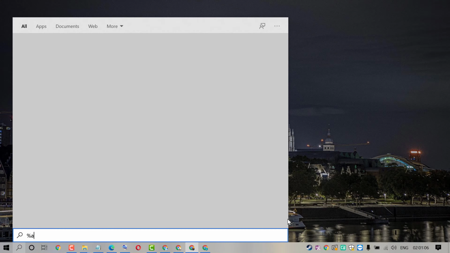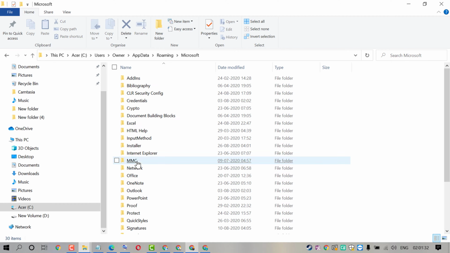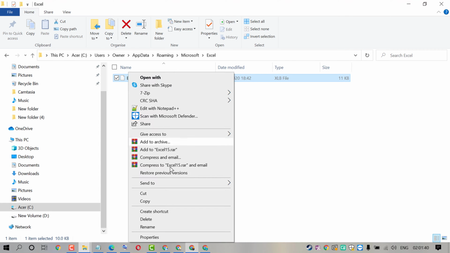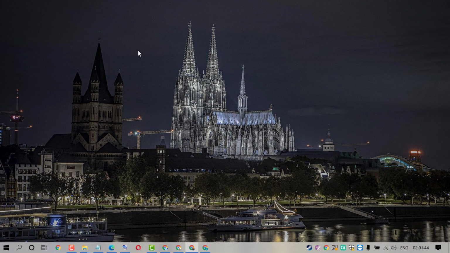appdata percentage sign. Now press Enter. In here click on Microsoft, click on Excel. Now delete all folders and close it